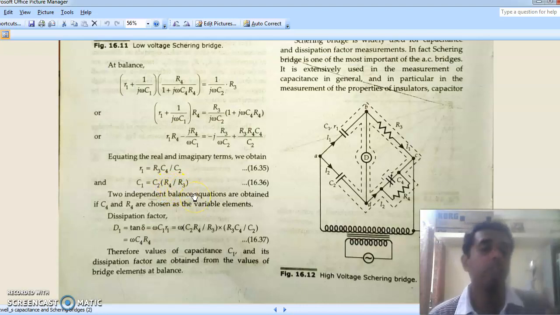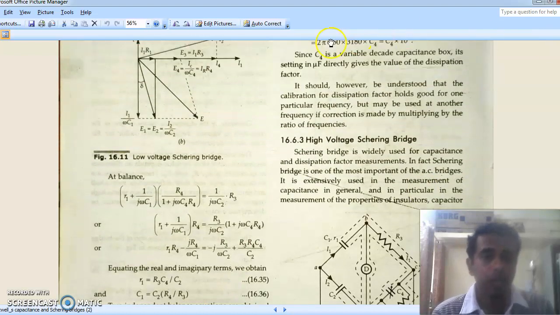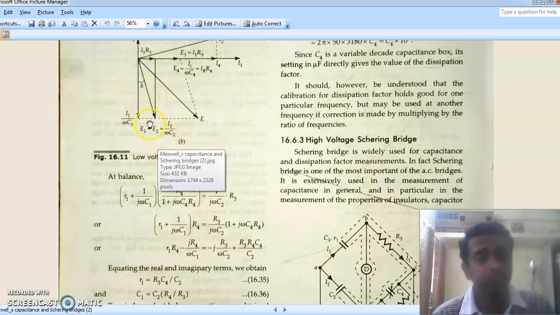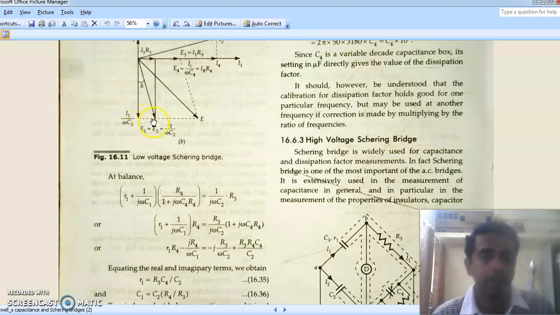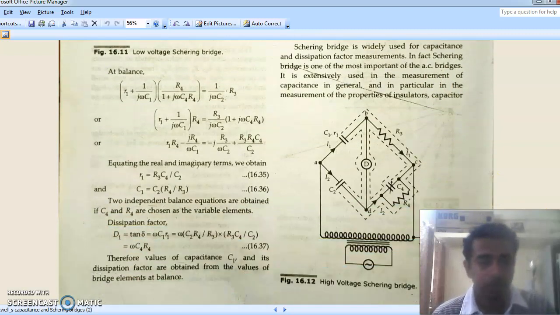And one more thing we can identify is the dissipation factor. Dissipation factor is dependent on the dissipation angle delta. Delta is nothing but the angle between these two, this is the angle delta. That is, the dissipation factor is the tan of this length divided by this length. That is the capacitive